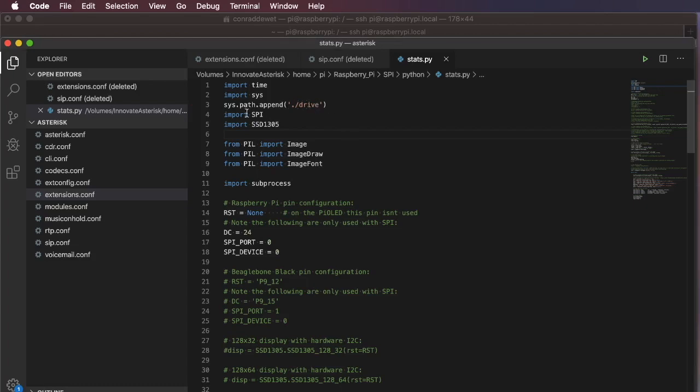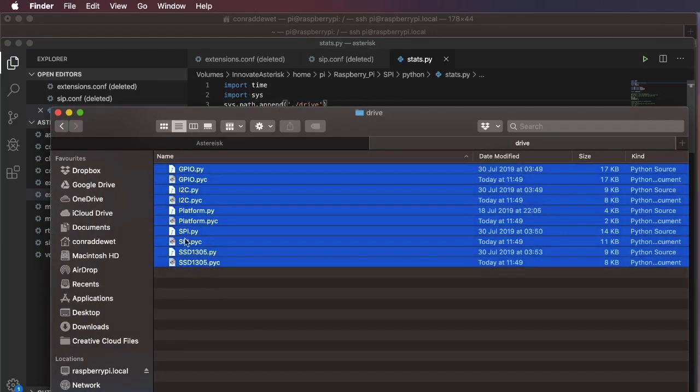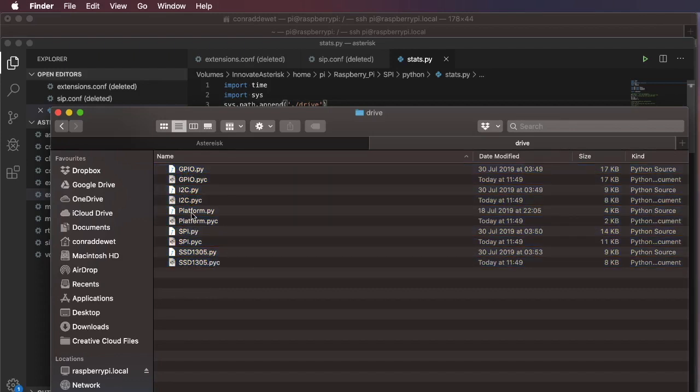So back here, it's saying that it's failing to import SPI, but it's got this sys.path.append situation over here. What it's basically doing is Python is not very good at loading libraries in different locations. And if I can sort of show you, here's my file folder. This drive folder contains all the necessary Python files, compiled Python files as well, that are used to manipulate the GPIO, to work with the SPI, and specifically this device. This is the device over here. That is actually it. All right, but they're in this drive folder, and we're in